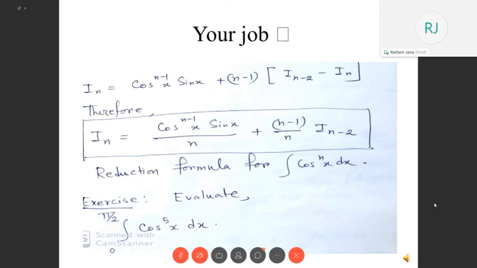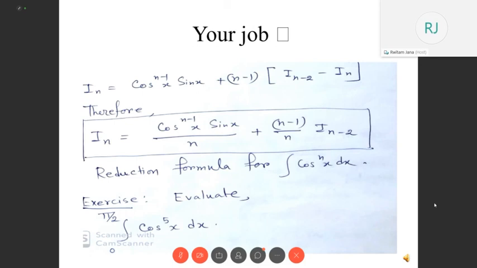Okay, so today is up to this, and you just study your first part of this reduction formula, and then in the next class I will go for integration tan to the power nx dx, or the multiplication of some trigonometric functions and their reduction formula. What would be the reduction formula for those cases?